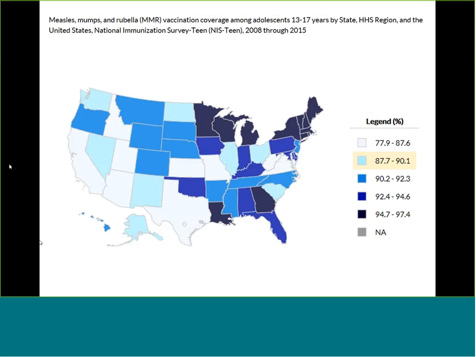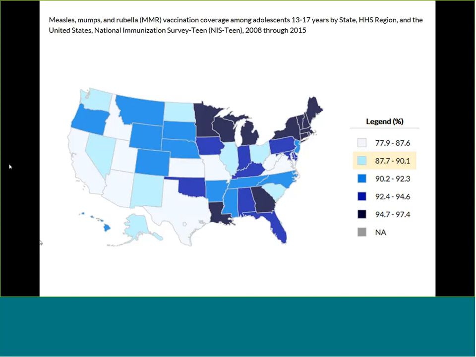And then just looking at coverage rates for measles, mumps, and rubella among adolescents. This is data from kids 13 to 17 by state. Again, you can see the map there with the generalized figure, and again, the lighter colors on the map are rates where immunization numbers are lower. But the numbers here for us locally are DC 90%, Maryland 94%, and then Virginia 87%.